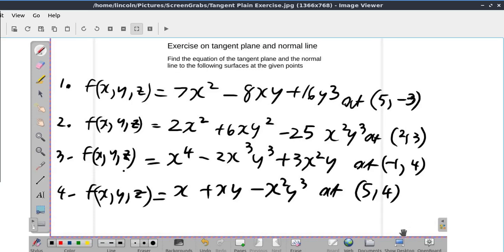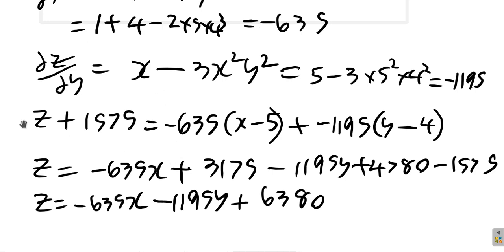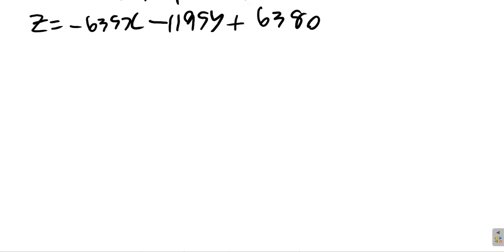In our previous video we found the equation of the tangent plane for question 4 of our exercise on tangent plane and normal line. We're going to find the equation of the normal line now. Remember, the normal line is somewhat similar to the general equation of a straight line, y equals mx plus c. Here, what we have is y equals